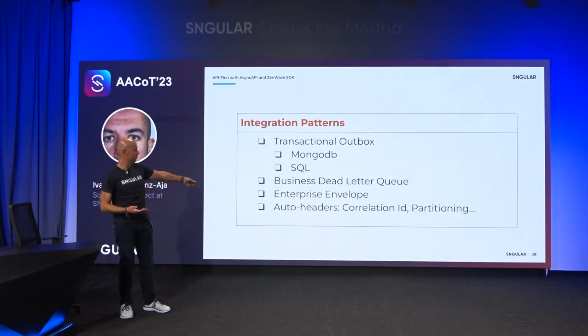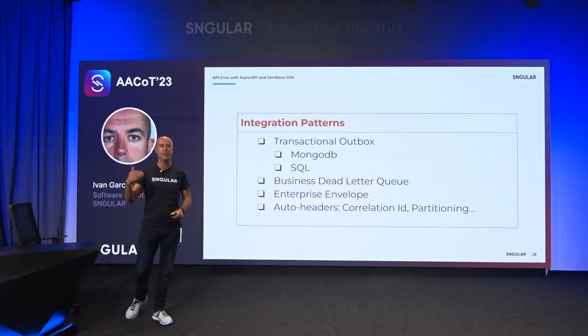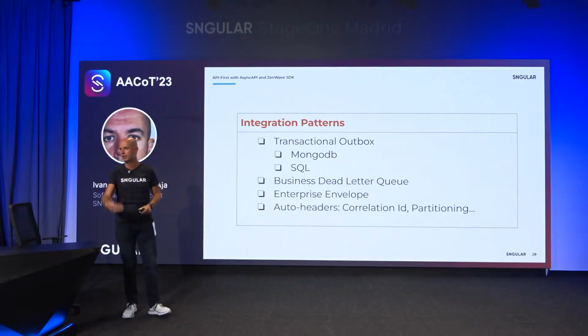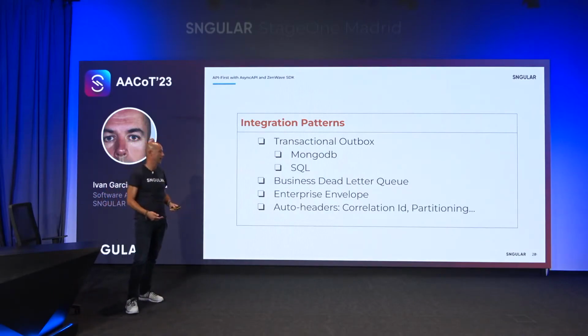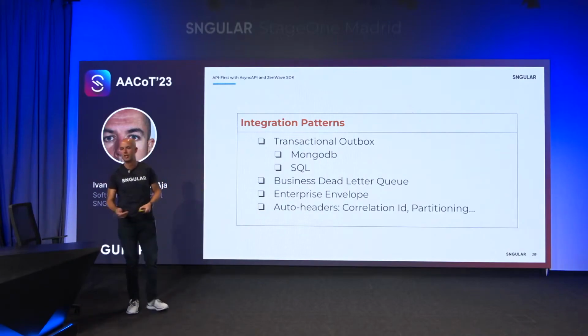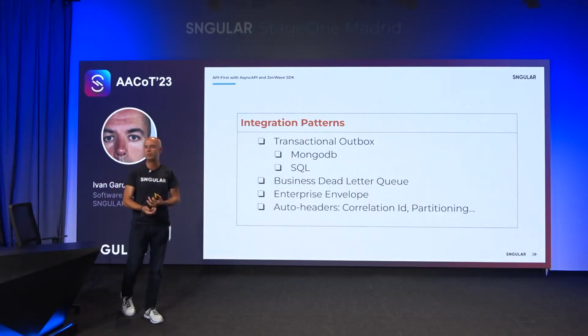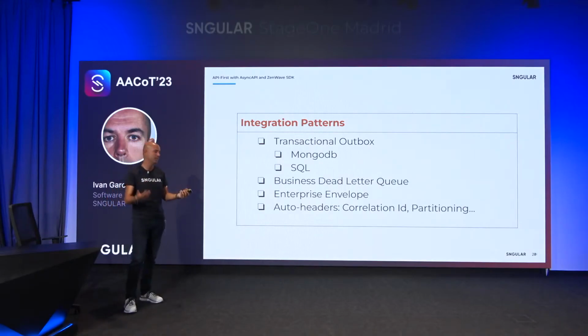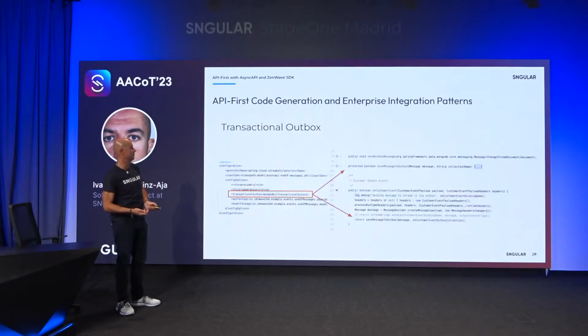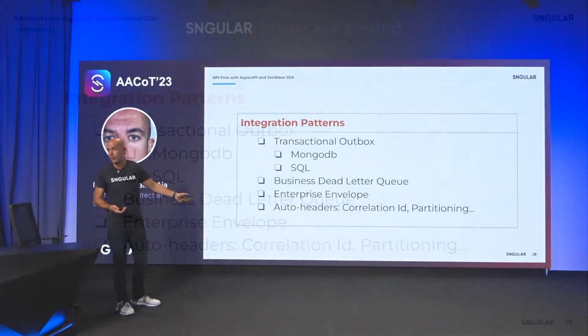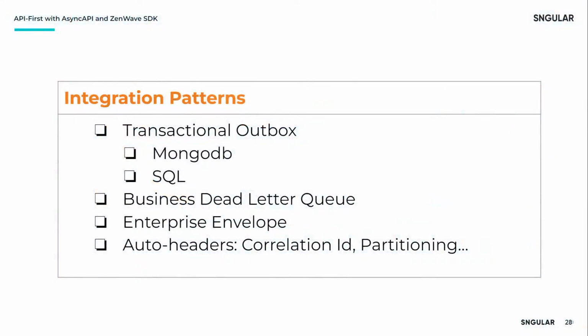And the last one, which is very nice, we can fill the value of some headers automatically for you, which is great for CorrelationId, for partitioning, for distributing IDs as headers. So this is what we can generate,